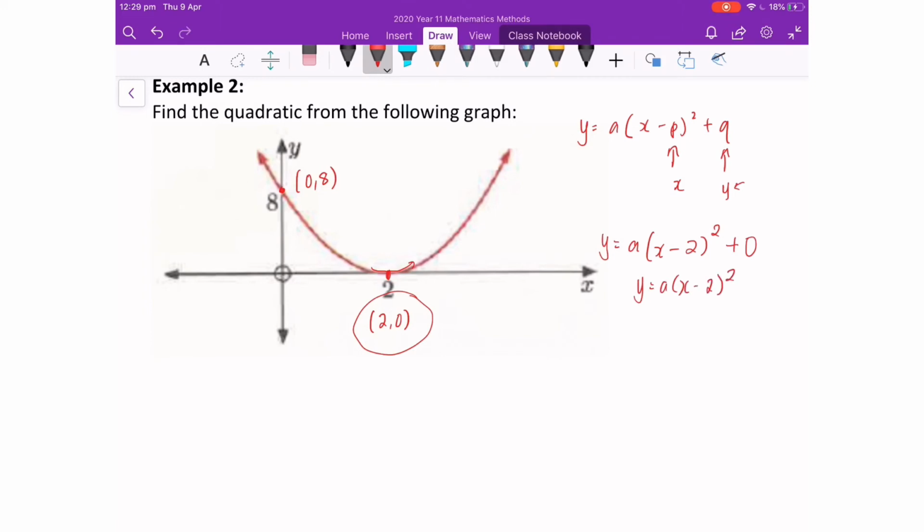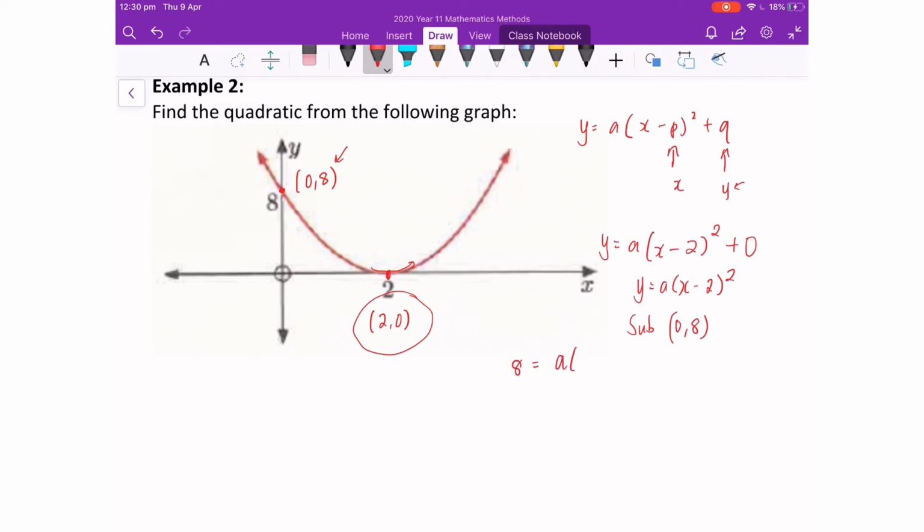Now I'm going to substitute my y-intercept in. I'm going to substitute another coordinate, so that one there. So let's do that. I'm subbing in (0, 8). I'm going to write down 8 is equal to